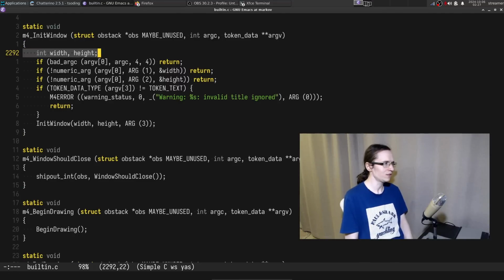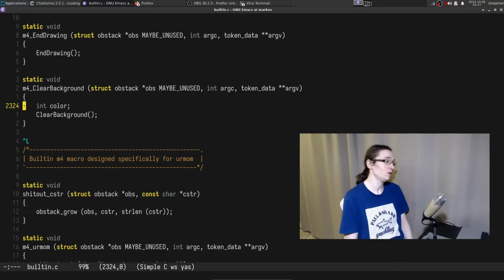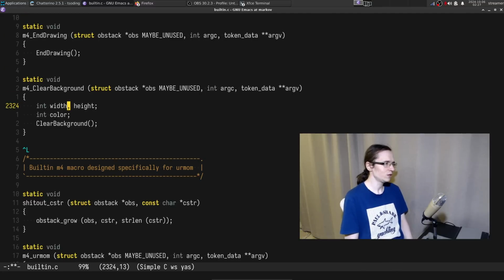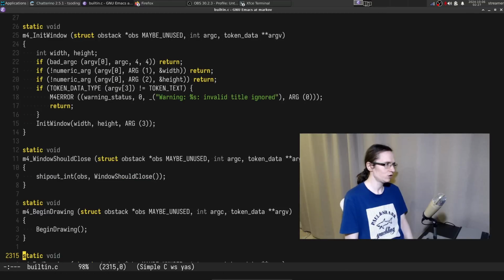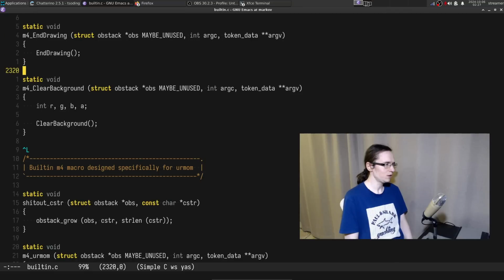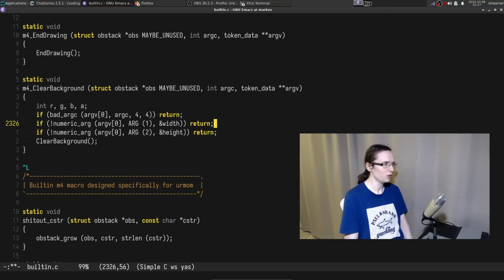We can actually accept all of that as separate arguments, honestly. The thing we can do is allocate RGBA and just parse all of them separately. So that means we're going to accept 4 arguments plus the name of the thing, so it's 5. It has to be 5 specifically. So this one is going to be